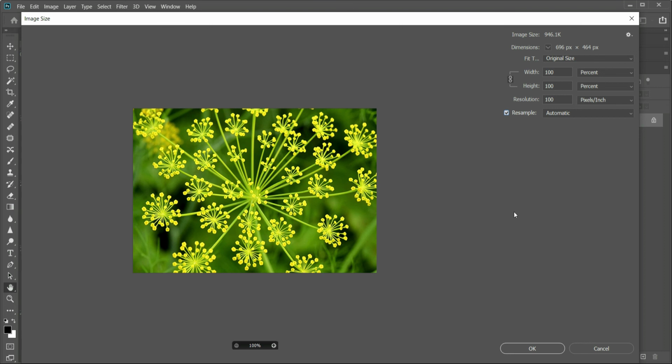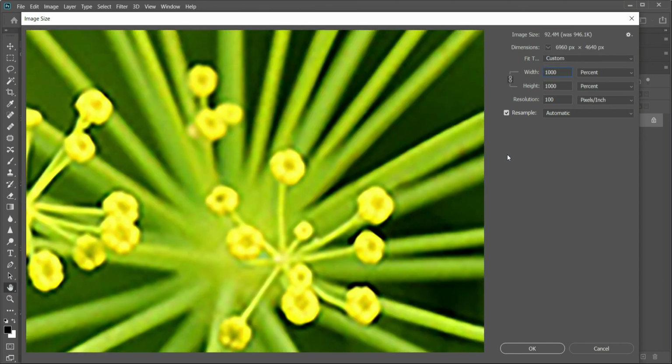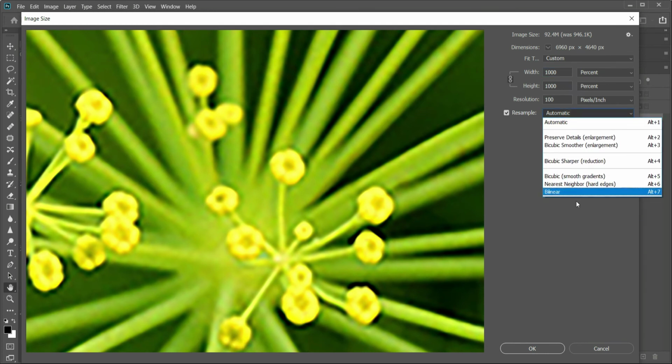Now you're going to crank up the image to a whopping 1000%. That is, to resize it 10 times bigger. Though this is dramatic, the point here is just to show you how each option behaves when you choose different sampling methods. The options are not many, and so I am not going into minute details of how each option works, but only give a broad guideline on which option to choose when you either downsample or upsample, or in simpler terms, when you make the image smaller or bigger.